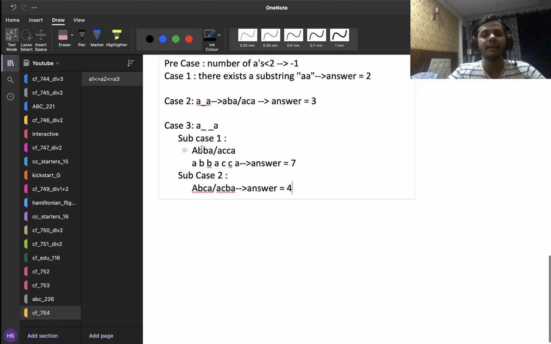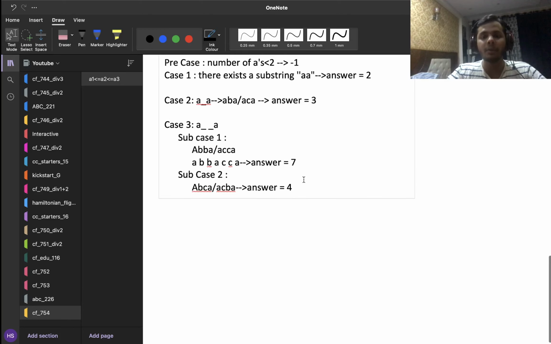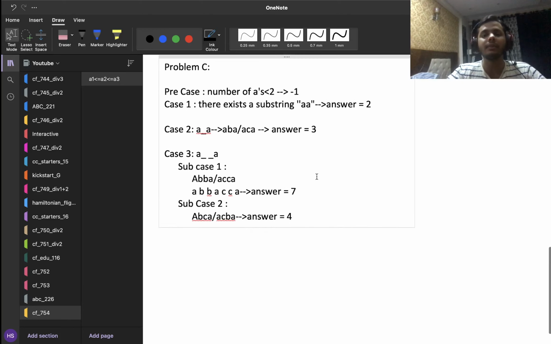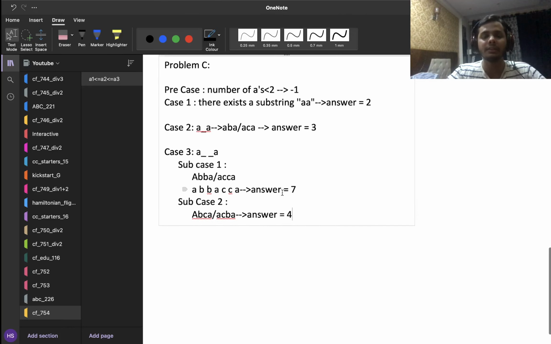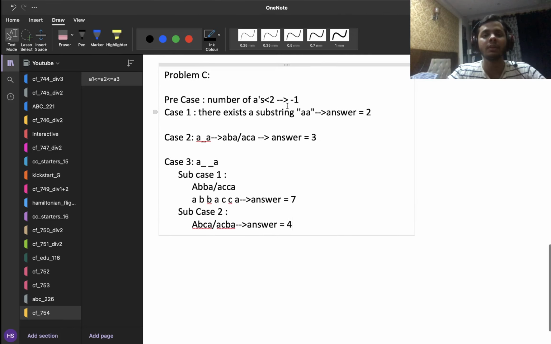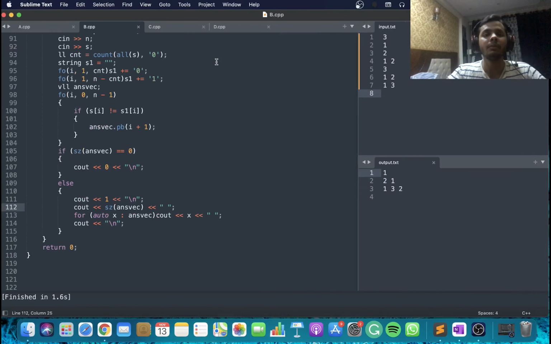So the easy way to solve this problem is to just iterate on all the substrings of length up to 7 and do a brute force, because now I pretty much know that the length of the best substring would never exceed 7. So what I can do is I can just iterate on all the substrings of length from 1 to 7 and check whether they are good or not, and out of all the good substrings just simply take the minimum length one, and that would be my answer. So let's just have a look at the code. This completes the solution to this problem.